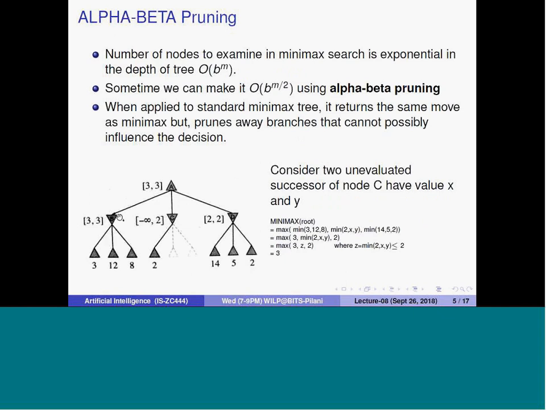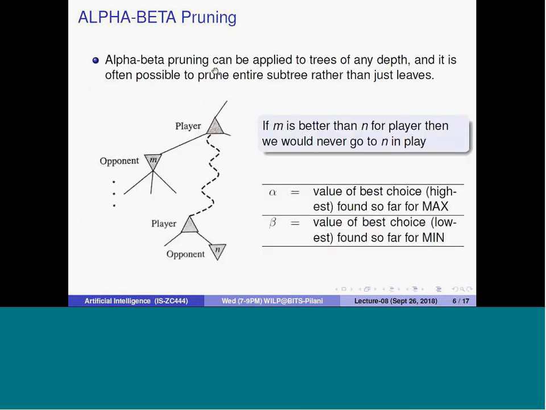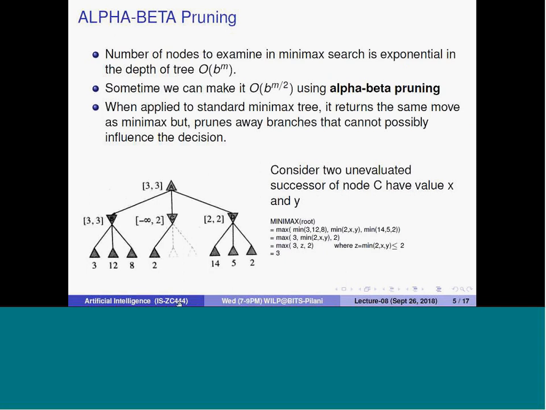These values are there, and they try to fit these values so that it gives an indication. This is the alpha beta values. Alpha beta pruning can be applied to trees of any depth, and it is often possible to prune the entire subtree rather than just a leaf. So when you see that you need not go ahead, you prune, and prune means cutting. You have cut this place, so you don't go inside to find the right solution. Only considering these parts would be sufficient.